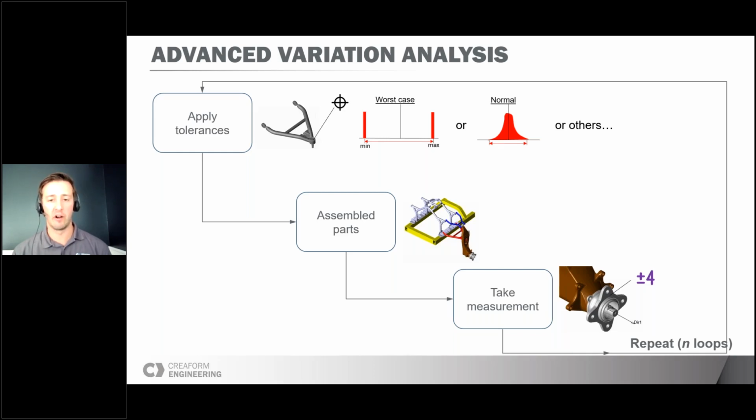It's based on the Monte Carlo simulation. The process of the software is really, okay, you take all your parts and you will apply some tolerances on the critical features that you have. So for example,